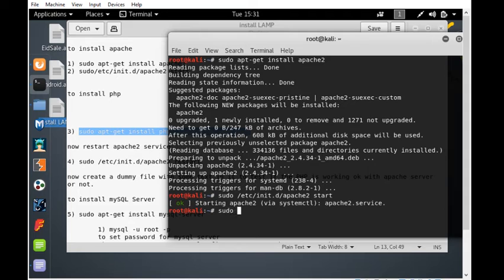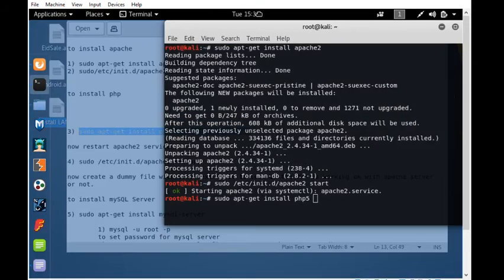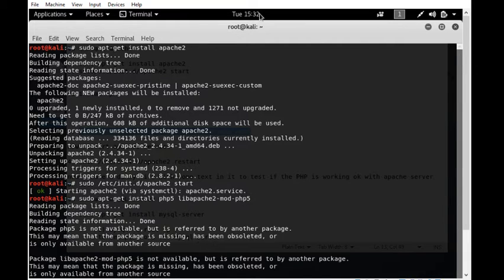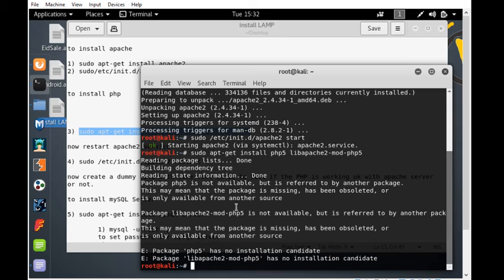Okay, sudo apt get install PHP 5 lib Apache 2 mod PHP 5. Has no installation candidate, so